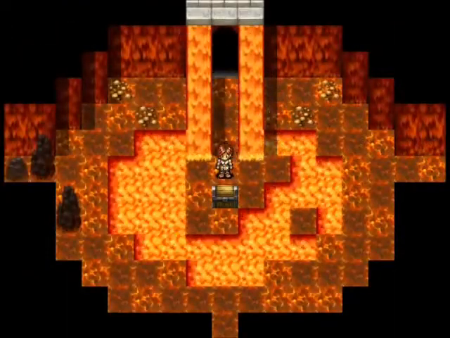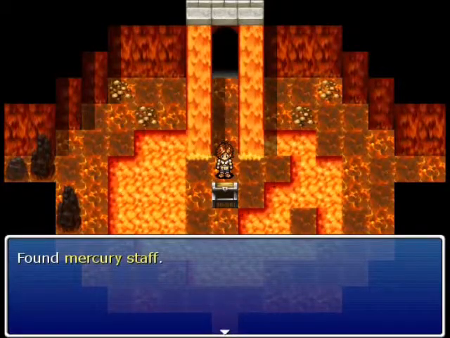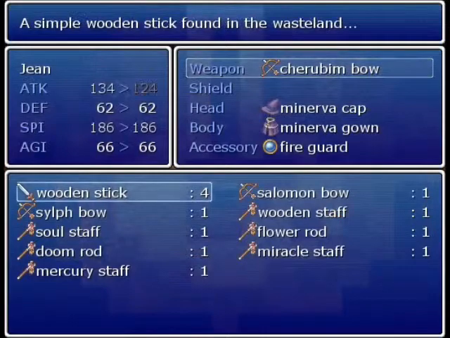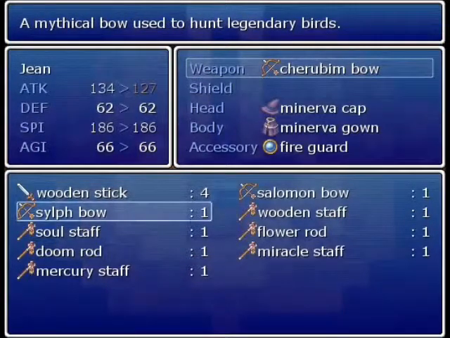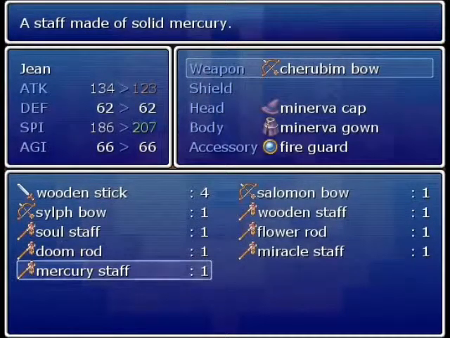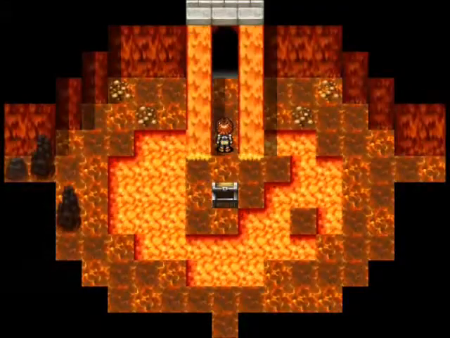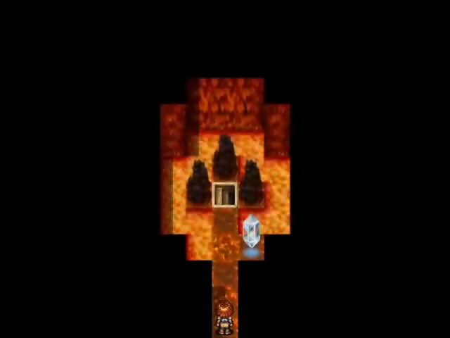Well, we get some treasure right away. Here's a mercury staff. But I might want to leave a bow on Jean. So we have that mercury staff now, we're just not going to use it. But I kind of remember why this place was such a pain, and it's because